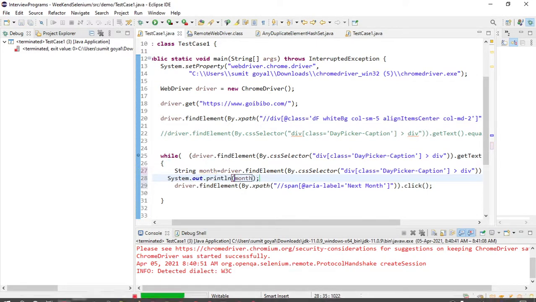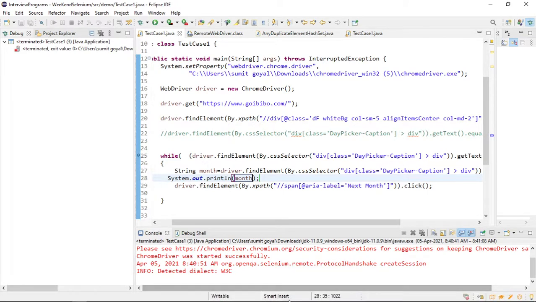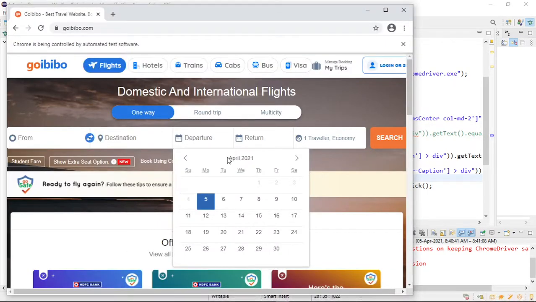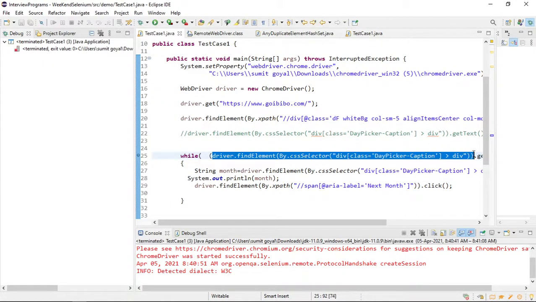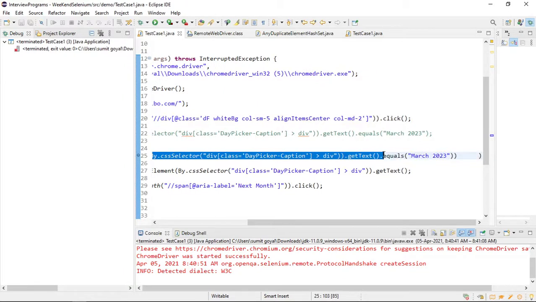The reason I'm not clicking on the next button is that once it gets this April 2021, it is comparing. This line will get April 2021, and April 2021 is not equal to March 2023.